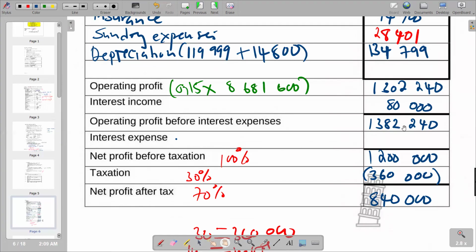So to get our interest expense, we now say operating profit before interest expense minus net profit before taxation. So we are saying 1,382,240 minus 1,200,000. Then you get your answer here. Interest expense is 182,240, which we show in brackets as we are subtracting. So basically, this is what we have on that part. And this is the completion of our statement of comprehensive income, or the income statement that we have according to this question paper of March